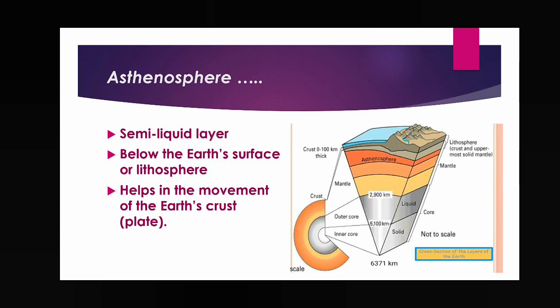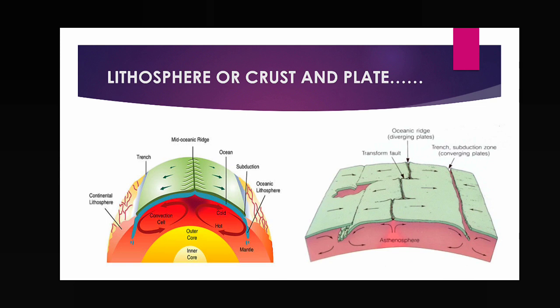So we have already seen lithosphere, then asthenosphere, then also mantle. Three things are required to understand today's topic. Now come to lithosphere. Already we discussed: lithosphere is the only solid layer of the earth's interior, or internal structure of the earth, and here one new name is written, that is plate. Now the question: what is a plate?